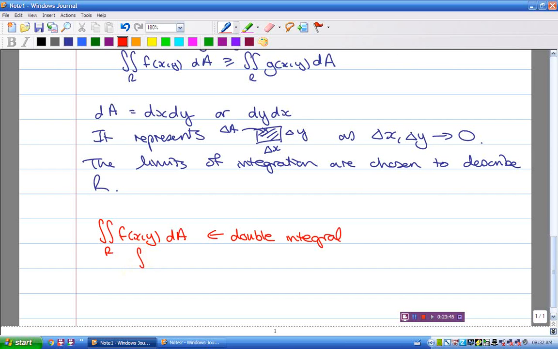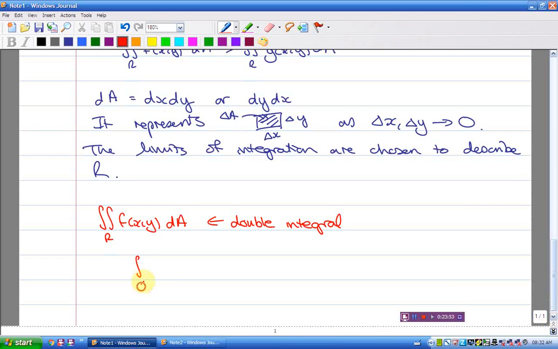If I actually have limits of integration written onto my integral sign, like 1 and 2 and 3 and 4, of x squared y dx dy, or in fact, let me still leave it as f of x y, just to show you what I'm getting at. If we actually have limits of integration written in, then you can still call it a double integral,